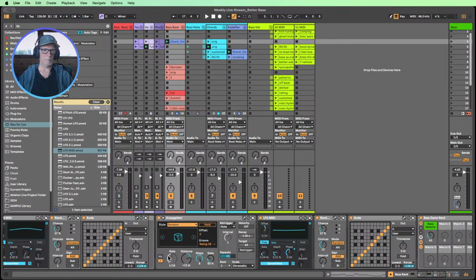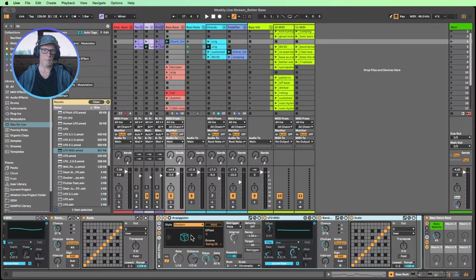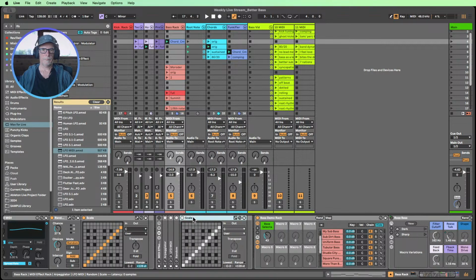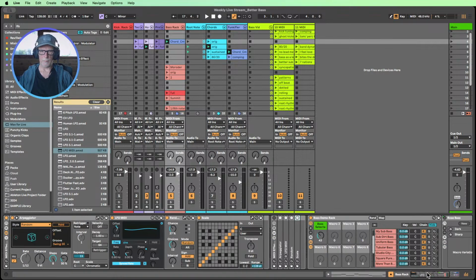Both those mean that it flicks around at the rate of what I want. So that's the little device here. Now I'm going to group that lot there and I'll switch it off. But that's what we've got on the left here, right? So let's give this a bit of a play and see what happens with this rack on.